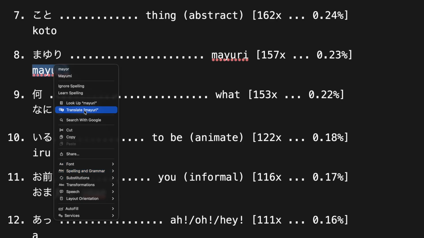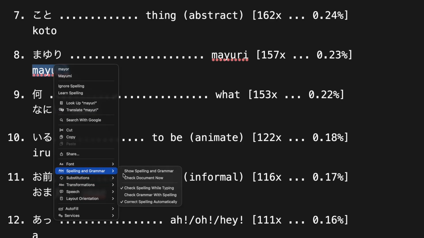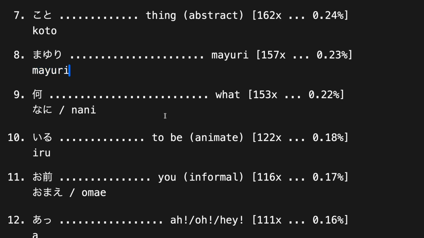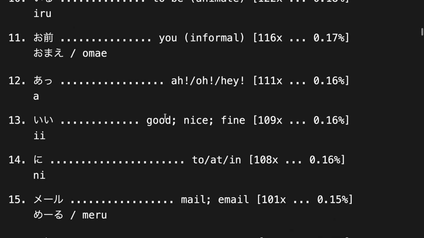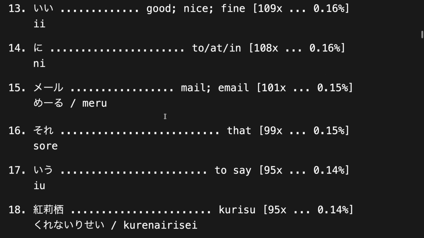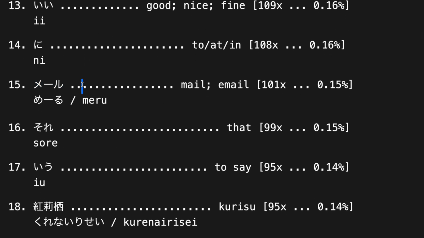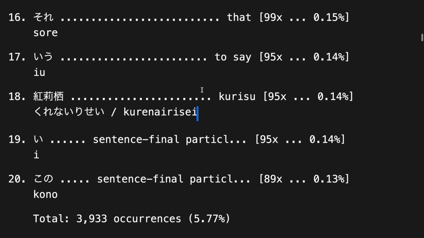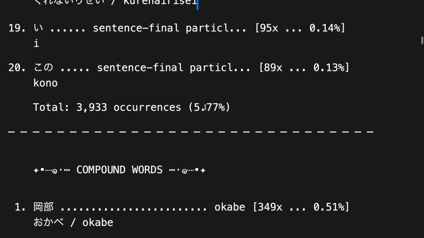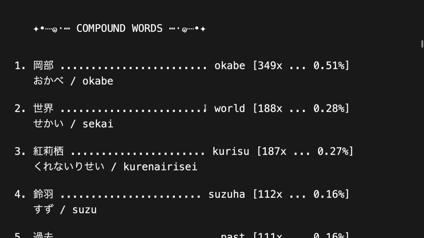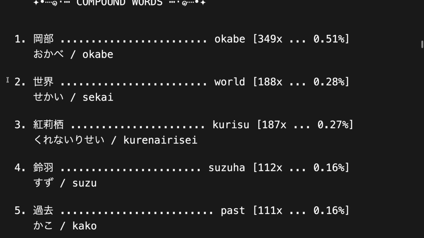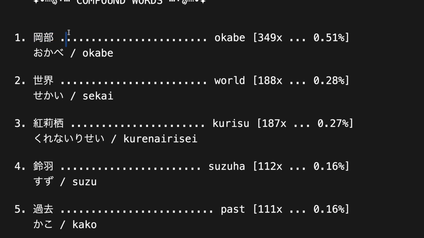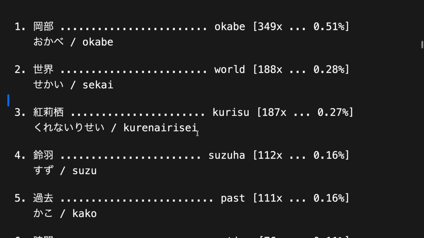Let's turn these red lines off for a second here. Finally, we're seeing some words we might know. Meru. And the next, Kurisu. So you can really see two people that he likes a lot, or he thinks about all the time. Okay, compound words. This is a nice one. It's like compound meaning two together or three together. And well, they're just kind of repeats on the names, but you start to see important words like